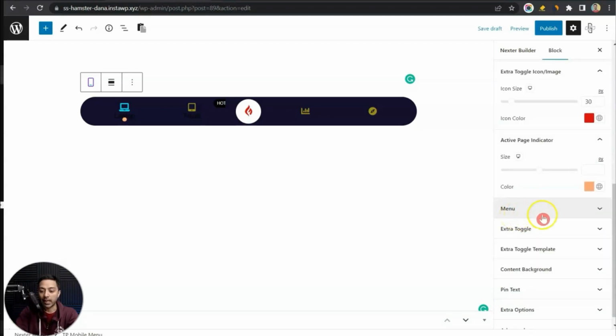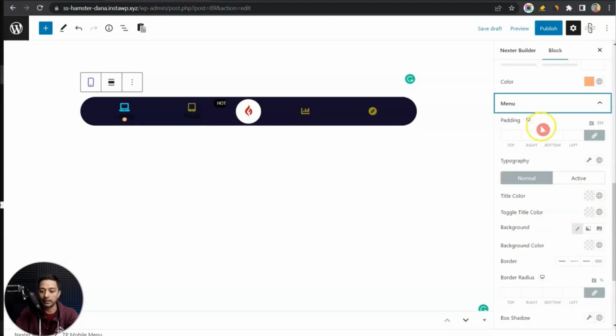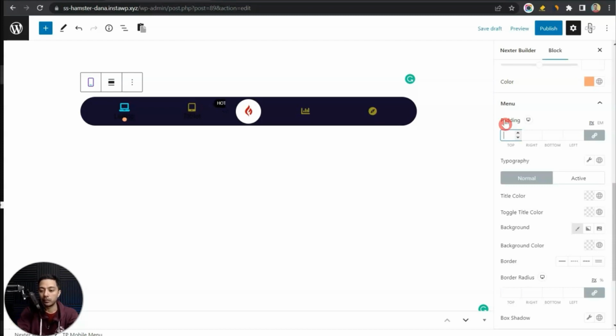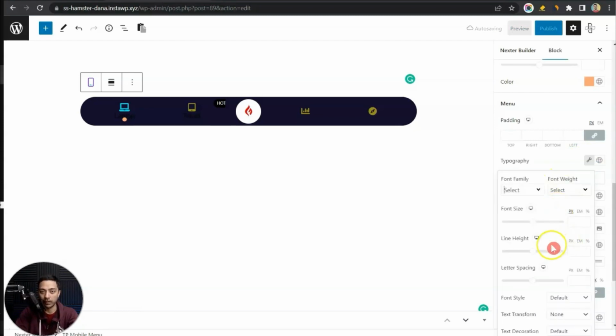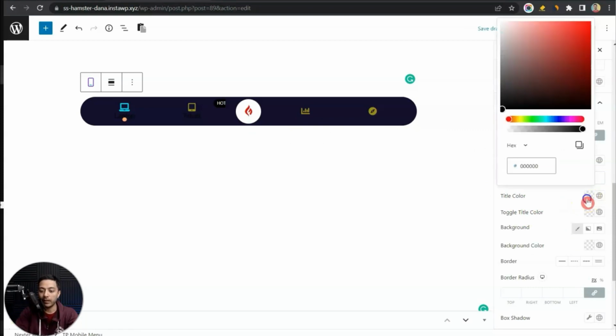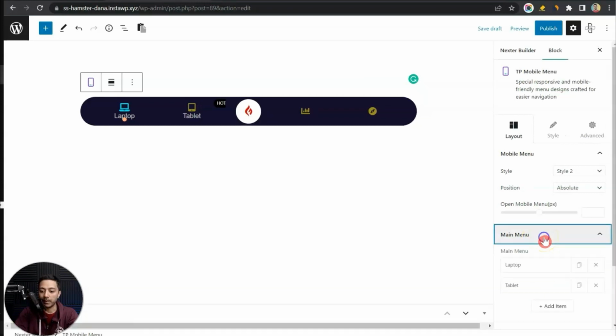And after this, we have menu. So let's click on this. And here we get an option for padding. So this will add a padding in our menu. So we can customize that from here. And after this, we have an option for typography. So here we can play around with the font size of the text on this navigation. And we can also change the title color. So if we keep it on white, now you can see the text that we have entered for our menu visible here. So if we come back here in main menu,